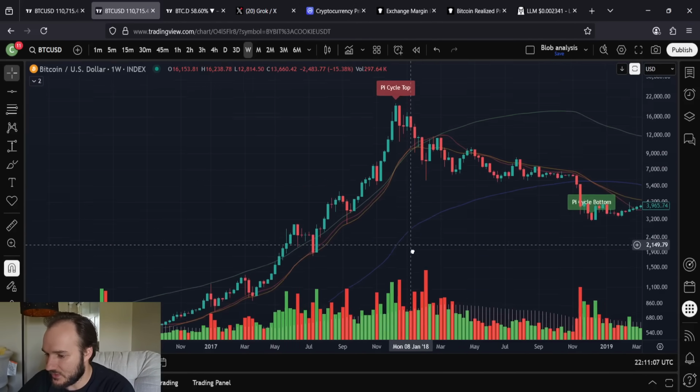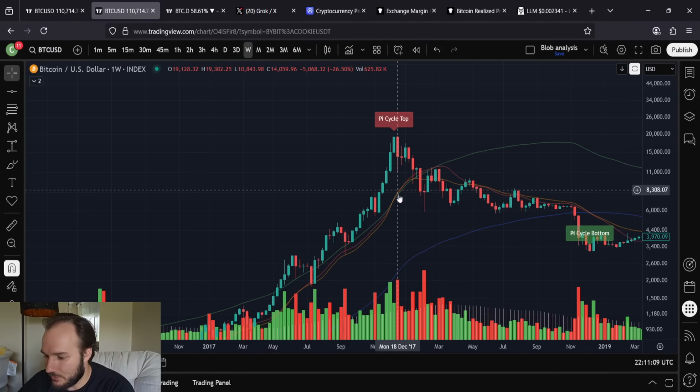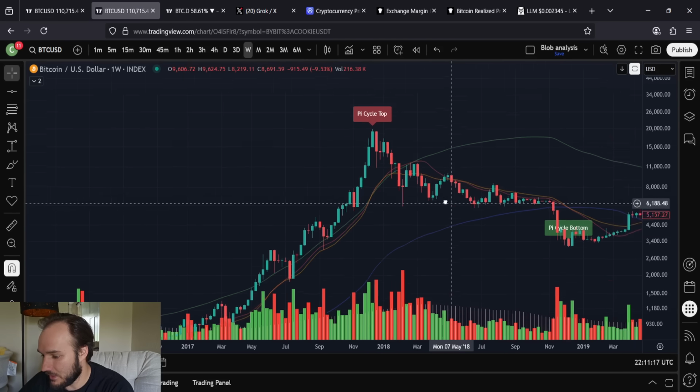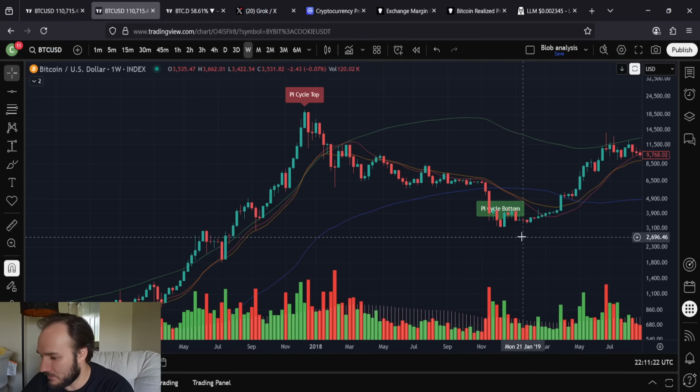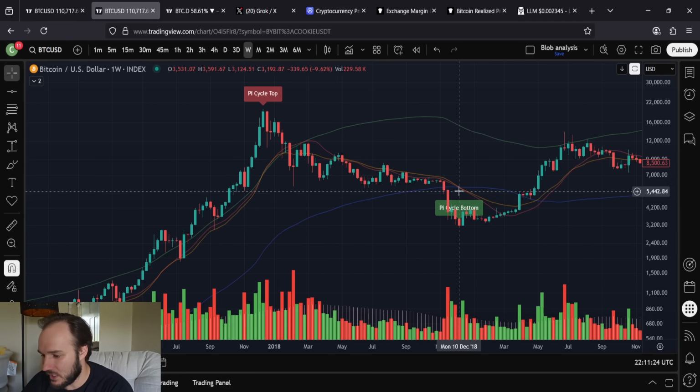Going forward in time, we look at this top here, the pi cycle top. The red line and the orange line both crossed above the green line here on this month, and that's whenever that pi cycle top indicator came in. The cycle bottom, I guess this is perfect. Damn. For some reason I remember the cycle bottom not being perfect, but same kind of idea, but crossing below the blue.